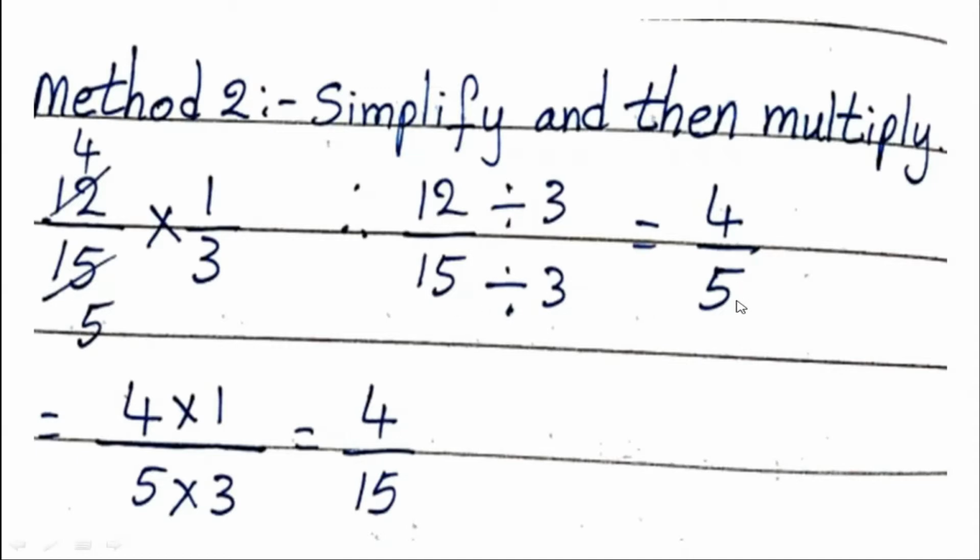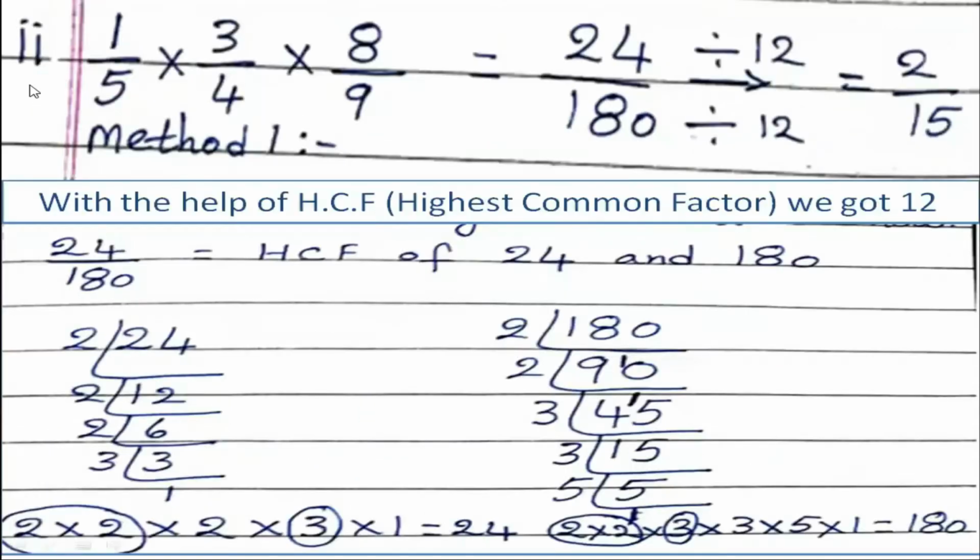We have done cross multiplication here. 4 into 1 is equal to 4, 5 into 3 is equal to 15. Now our answer is 4 by 15. Likewise, the second question: 1 by 5 into 3 by 4 into 8 by 9. So here, with the help of HCF, we got 12. How, we will see now. 1 into 3 into 8 is equal to 24. 5 into 4 into 9 is equal to